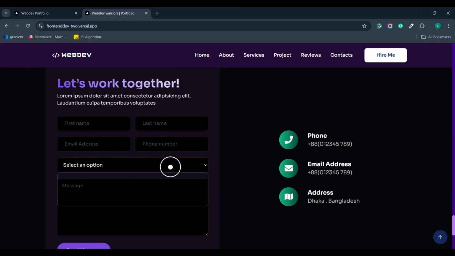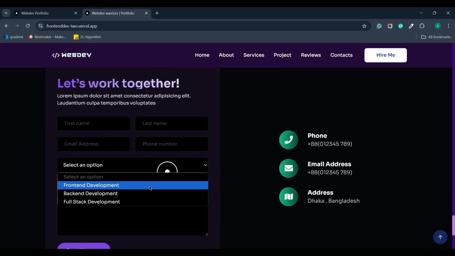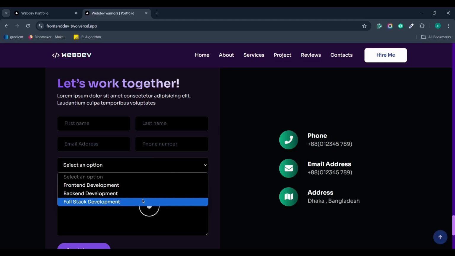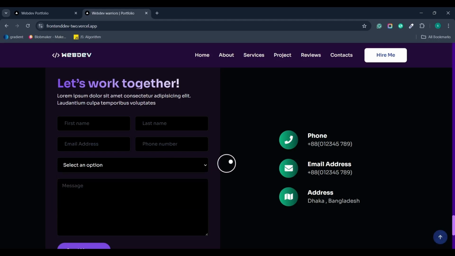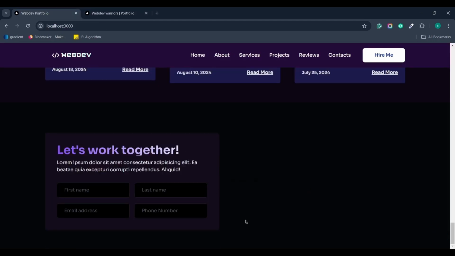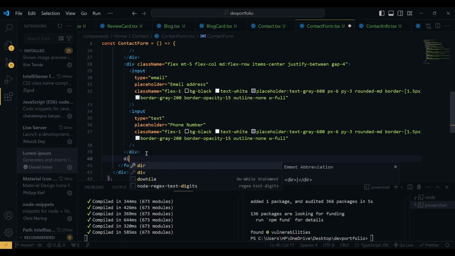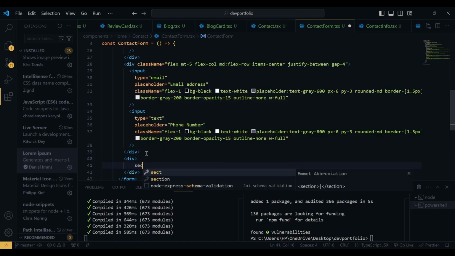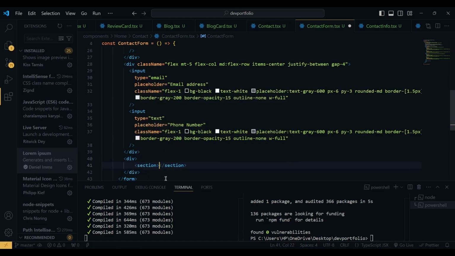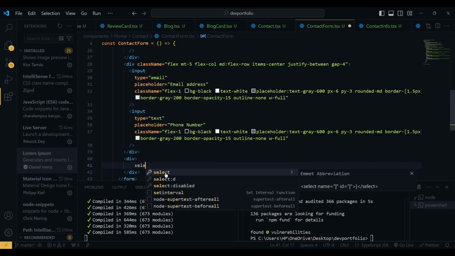Then we have a select box to select a service option like front-end development, back-end development, or full stack development. So for this, after this div we have another div, and inside this div we have a select, and not section, we have a select,